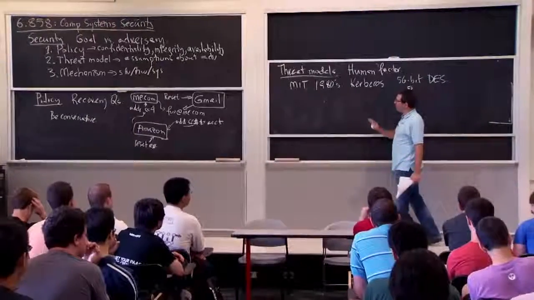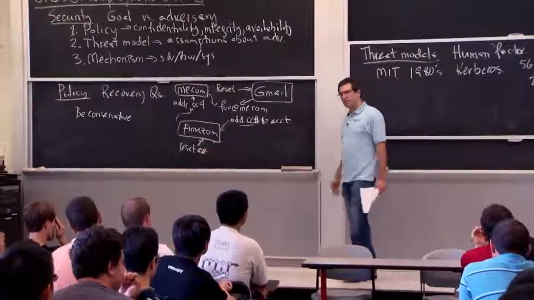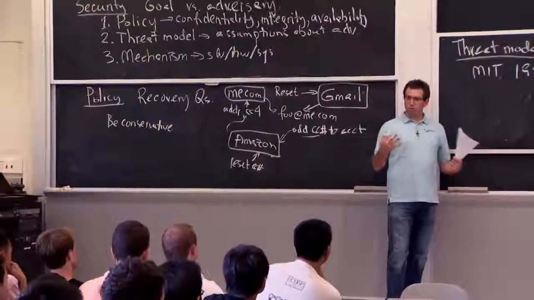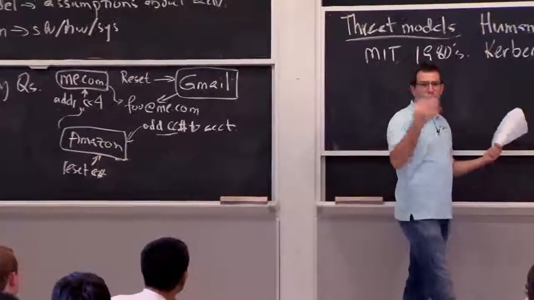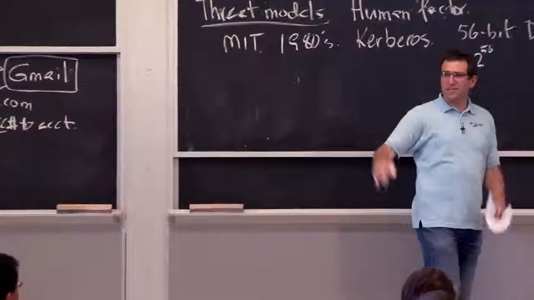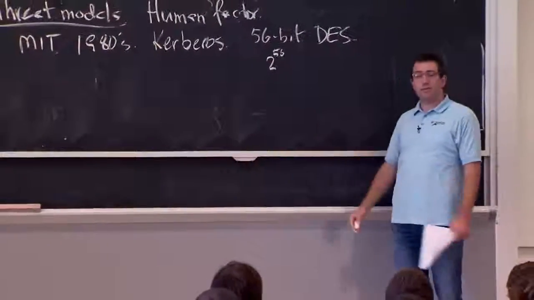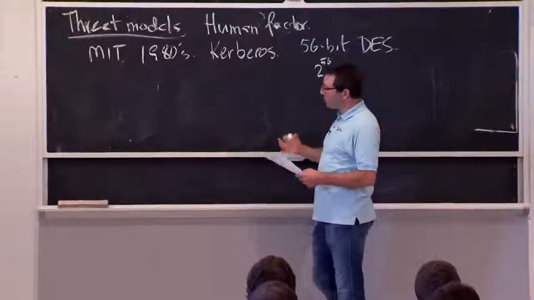So you really have to be careful with your threat model and balance it against who you think is out to get you. I think it's going to be a very expensive proposition if you're going to try to protect yourself from the NSA, really. On the other hand, if you're just protecting yourself from random other students that are, I don't know, snooping around in your Athena home directory or whatnot, maybe you don't have to worry about this stuff as much. So it's really a balancing game in picking the right threat model.